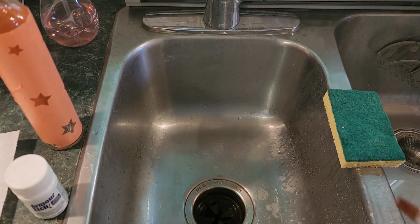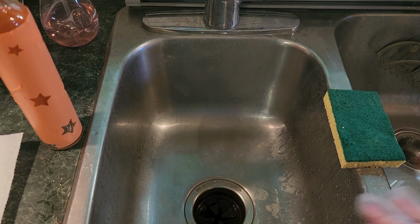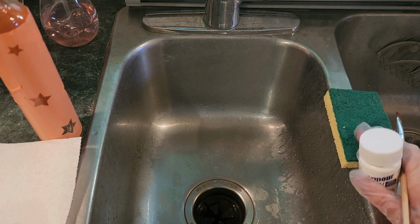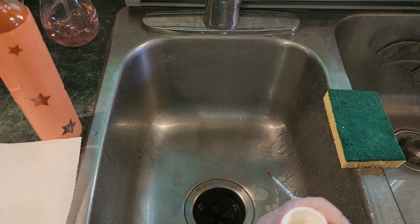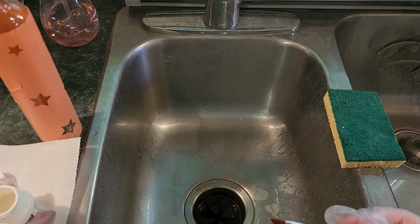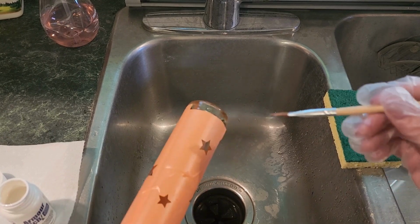Alright, we're now at the sink. So I've cleaned up my area, make sure that we don't have any food related items. This is a sponge that I'm using for cleanup for this, so it is not related to food. So I'm going to open my Armor Etch, and I found it easiest to hold the bottle kind of like this,